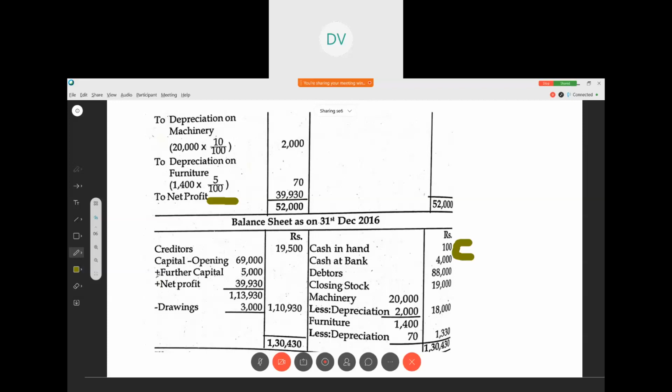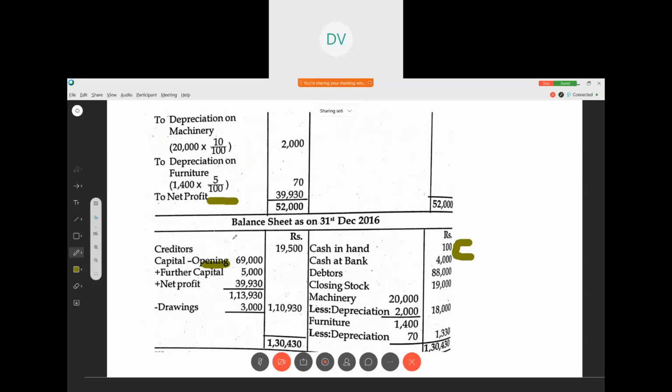So here first you can prepare this capital. Okay. So capital, opening capital. It is there in the opening balance sheet. We got it. So we prepare opening balance sheet in order to find out this. Okay. Add further capital. This is there in the cash book. So the owner has introduced 5,000 extra capital. So we have to add total this much we have. Add net profit. So this is the total one. Less drawings. So drawings is given in the cash book because they made the payment, right? So we are deducting this, right?